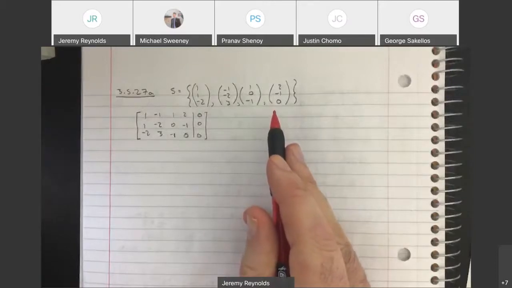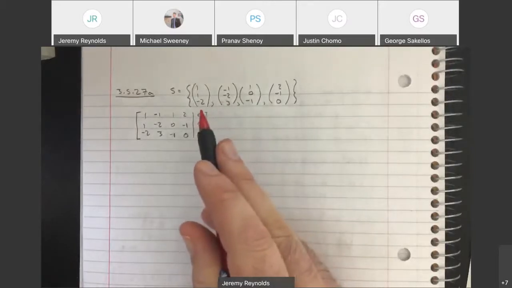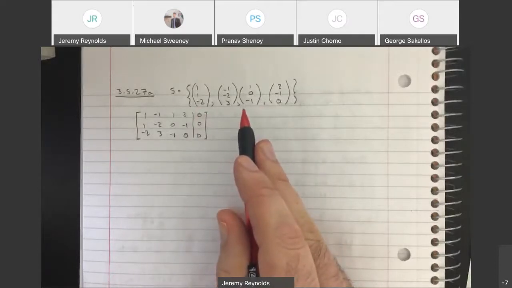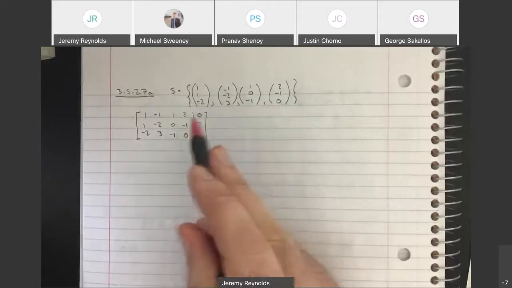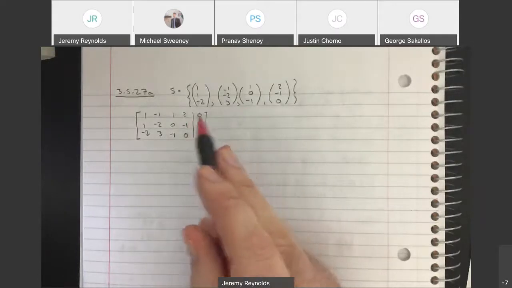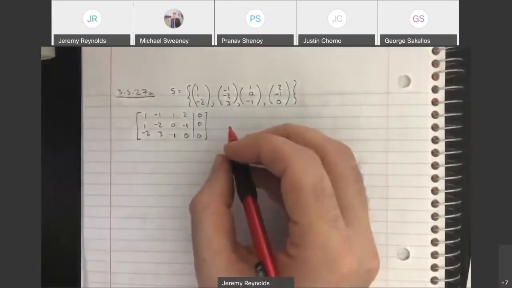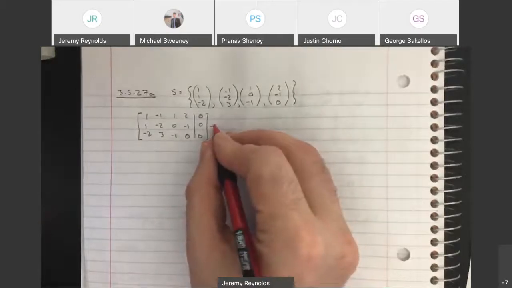And really, once we find out what the dimension of the span is, all we have to do is find two vectors associated with the set that are linearly independent. Okay. So if we do this,